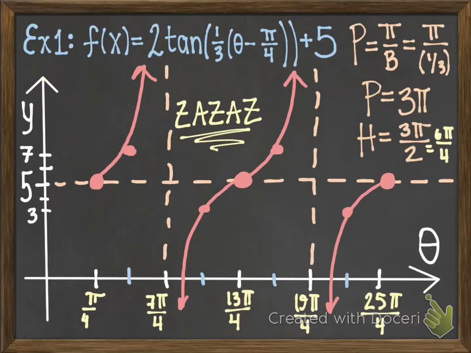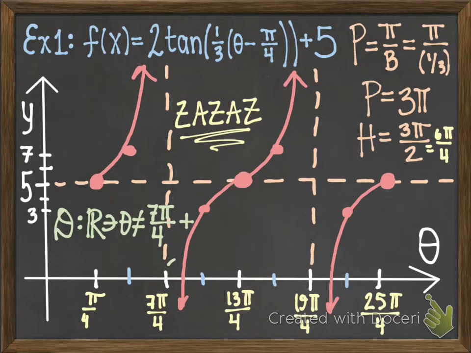So if I go over to this example, and I try to figure out my domain and range, it's going to be a little bit different. The same concept is there. Domain. The domain is all real numbers, such that theta cannot equal who? 7 pi over 4, good. Because that's my first asymptote. 7 pi over 4 plus,